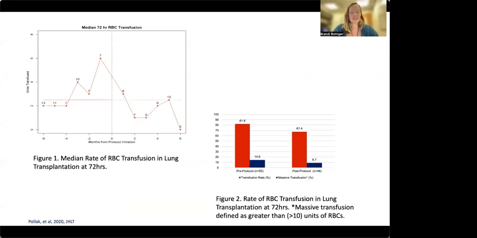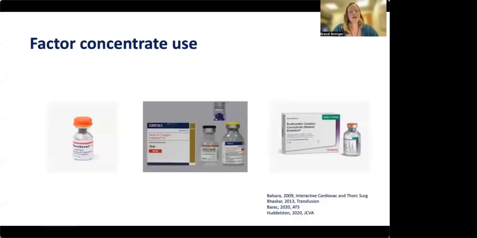So we're going to restudy this and understand how we're doing now. Factor concentrate use is also recommended in the Markson et al. document, but essentially has been supported in several studies over the last few years. Factor 7A has been shown to reduce bleeding in patients in uncontrolled situations, or maybe used in advance of other therapies, or PCCs have been used. So I'm showing those two pictures of commonly used medications on the right.